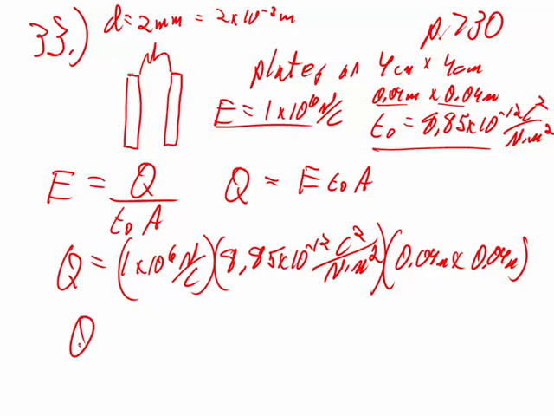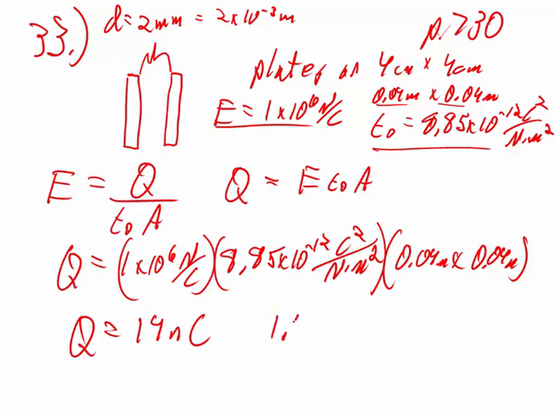And then we come up with a charge of what? We should get a charge of 14 nanocoulombs. 14 nanocoulombs, all right? And again, that's rounded. Let's see if it comes out to exactly that. All right, so let's see, it's 1 to the 6 times 8.85 exponent negative 12th times 0.04 times 0.04, and that's in parentheses, equals,